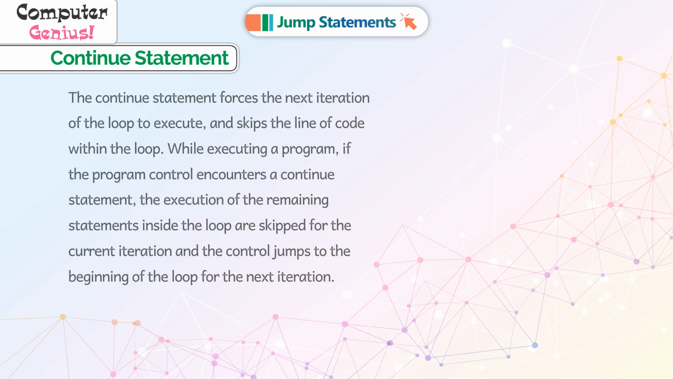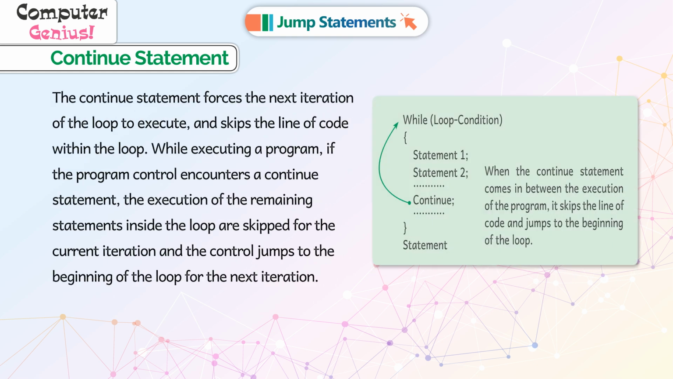Continue statement. The continue statement forces the next iteration of the loop to execute and skips the line of code within the loop. While executing a program, if the program control encounters a continue statement, the execution of the remaining statements inside the loop are skipped for the current iteration and the control jumps to the beginning of the loop